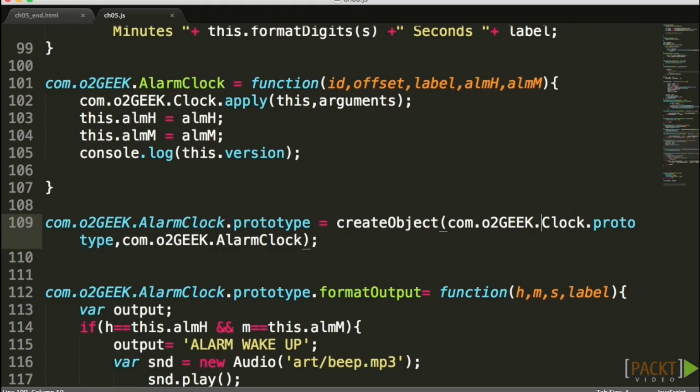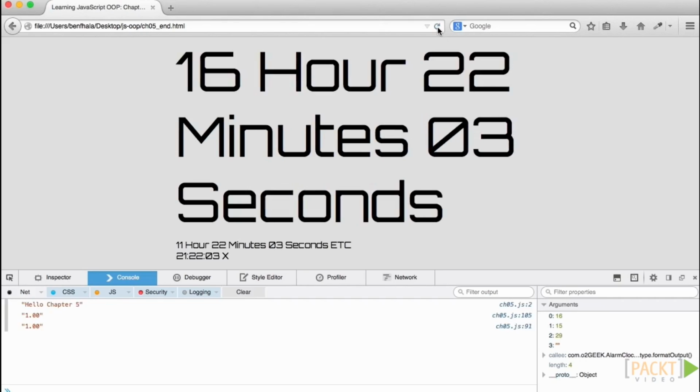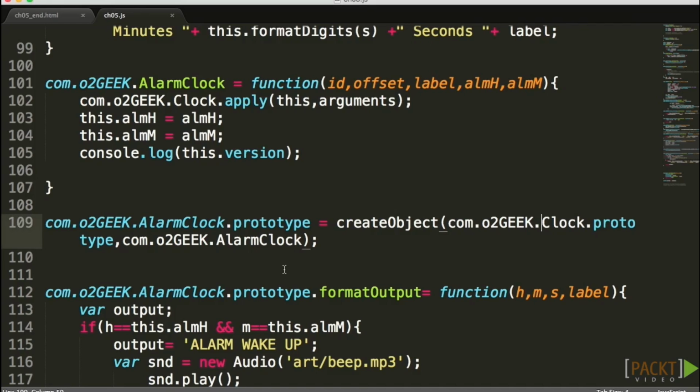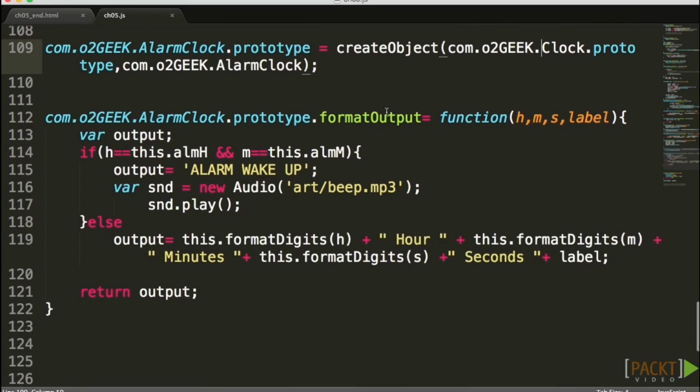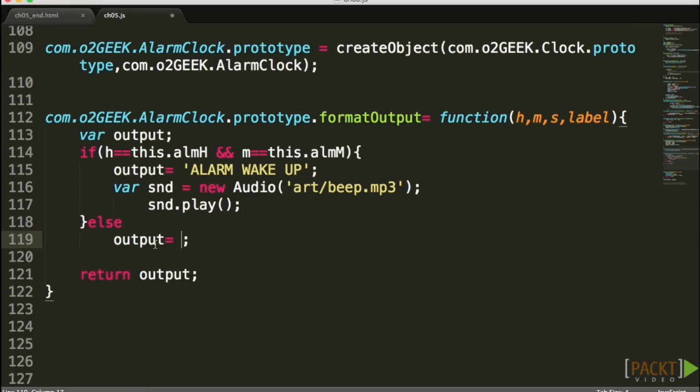And now if I go ahead and click on refresh, one thing is, if I go back into my text here again, because we're seeing the text copy anyway, that means we have one more place that we need to change, and that was in the format output itself. We can see that the output we're generating is based on the logic of the text editor. What I really want to do is approach that original format output of the actual clock itself instead. So I'm going to go ahead and delete everything here